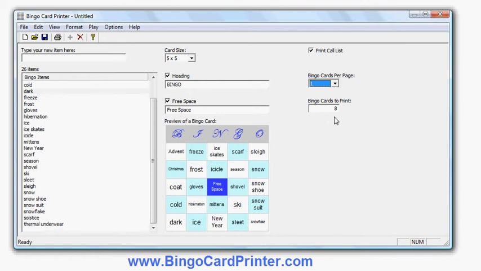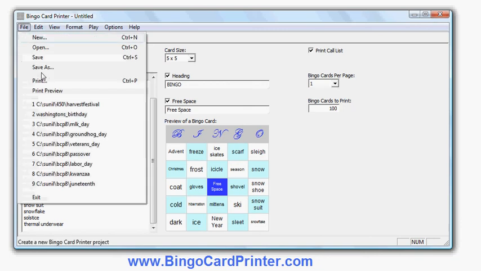And how many different bingo cards do I need? Obviously, if you're giving one per player, you'd want to put at least as many as you've got players. Now the nice thing here is I can put in a very large number if I need to. I can put in 1, 10, 100, 1,000, I can go up to 9,999, and every bingo card will contain a different arrangement, different selection of the items from this window. So it's a very easy way to produce lots of customized bingo cards, a whole set in literally seconds. So let's put in 100 for example, and I'm now ready to print,